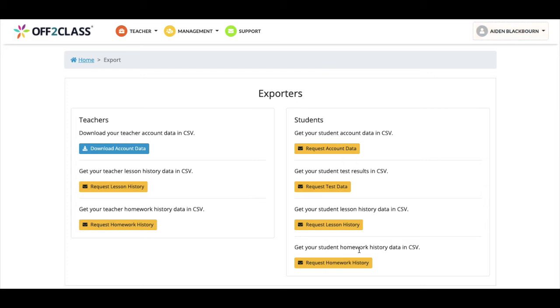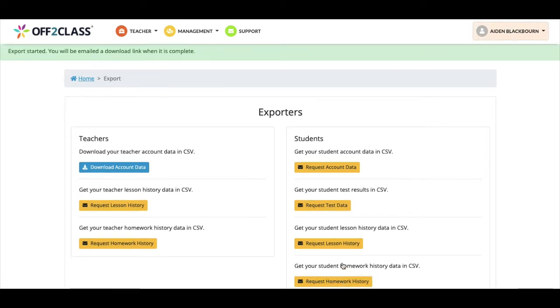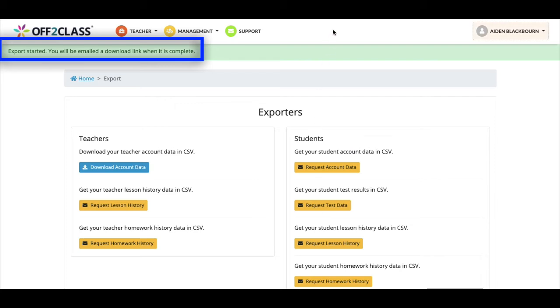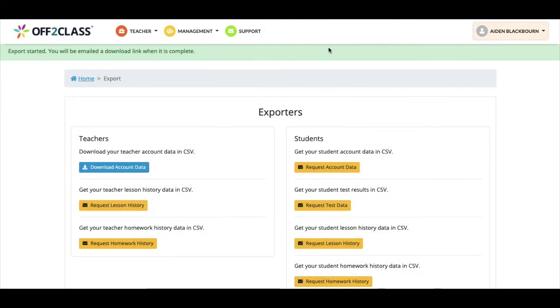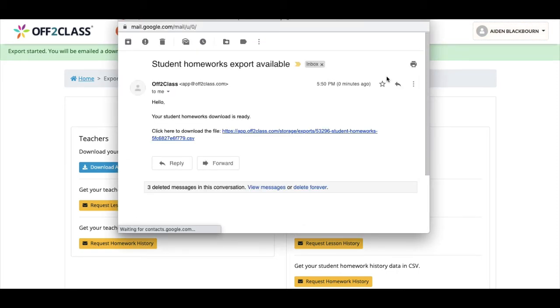To show you how this works, I'll request homework history as an example by clicking here. We immediately see a green bar at the top of the screen telling us the export has started, and we receive an email right away with a download link. By opening it here,